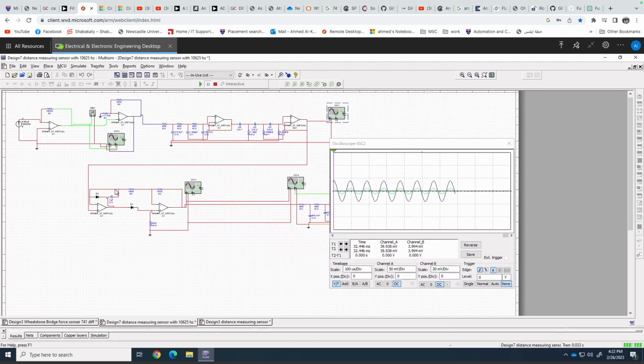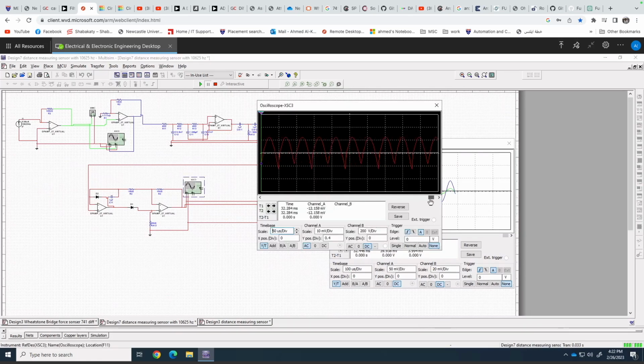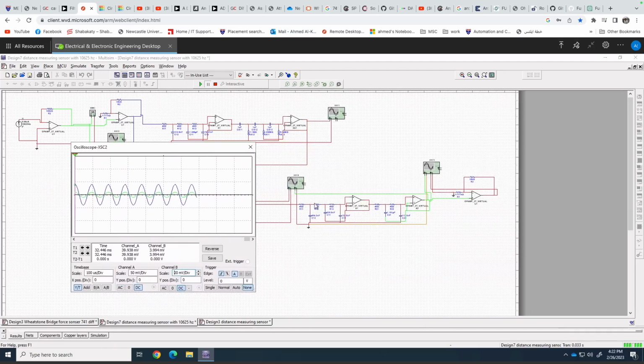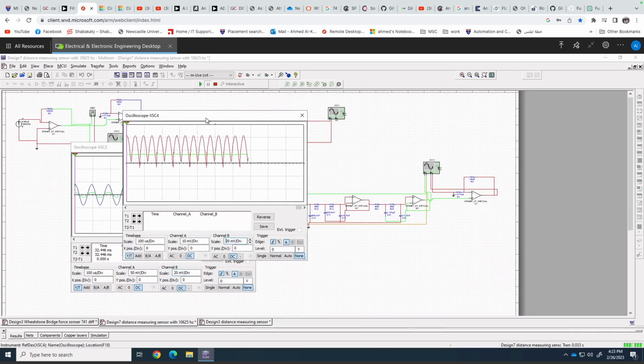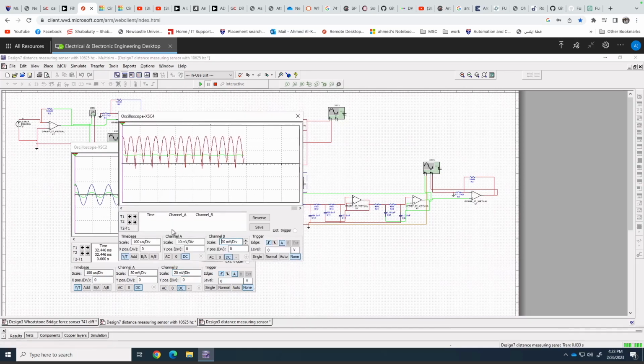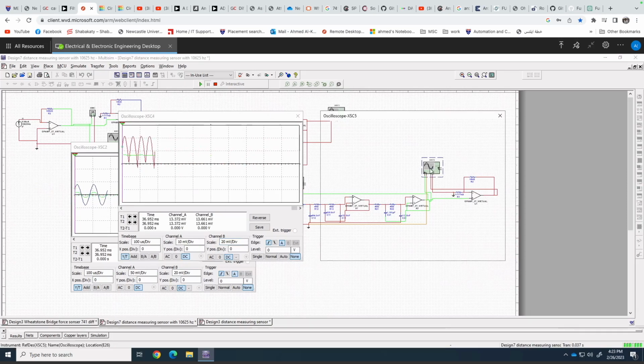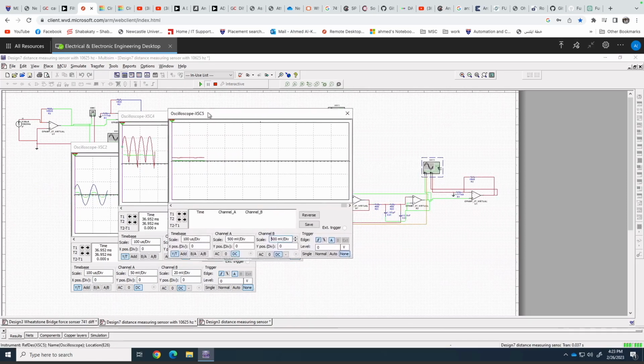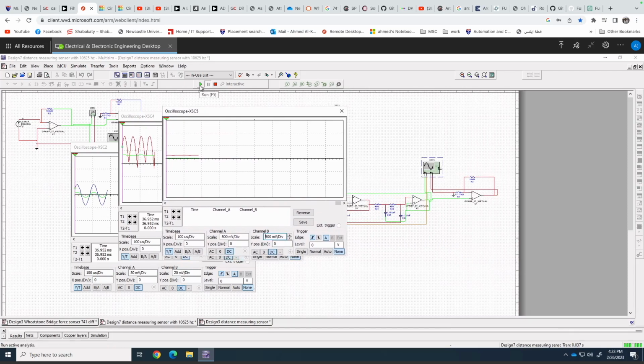and pass it to a rectifier circuit, a 2-diode precision rectifier, to get rectification of the amplitude for the negative part, and finally pass it to a low pass filter as here to get a DC signal, but the DC signal here is very low, so it needs to be amplified by 10, so pass it to another non-inverting amplifier with a gain of 10. So, as you can see, channel A is 13.2 millivolt and the output is 183